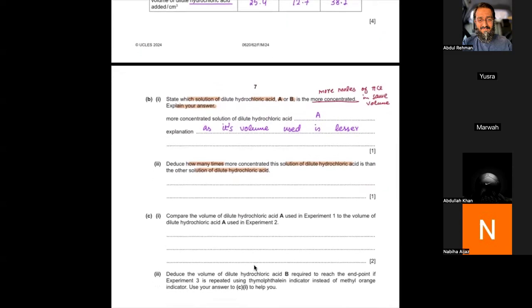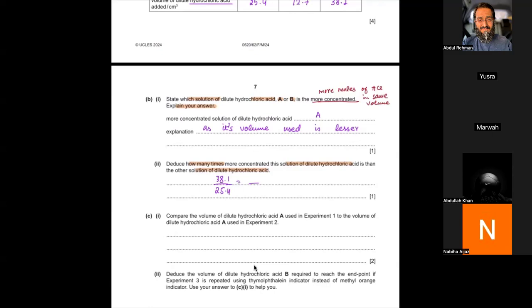So it's 38.1 over 25.4. Can anyone divide it and tell me what is the ratio? 1.5. 1.5,